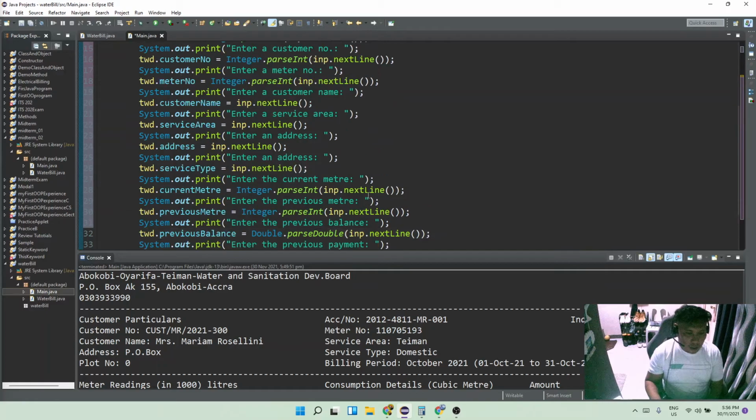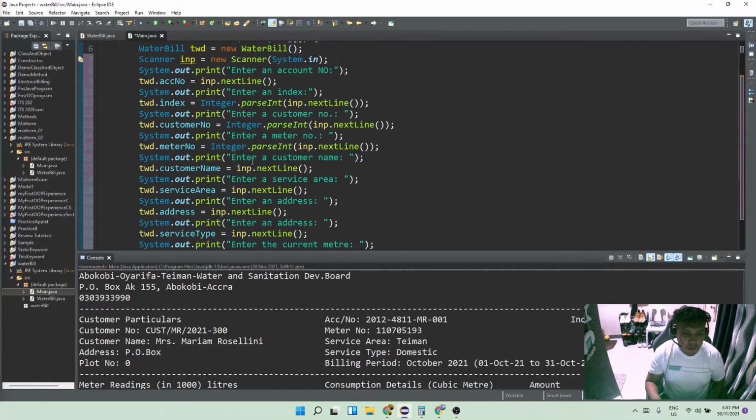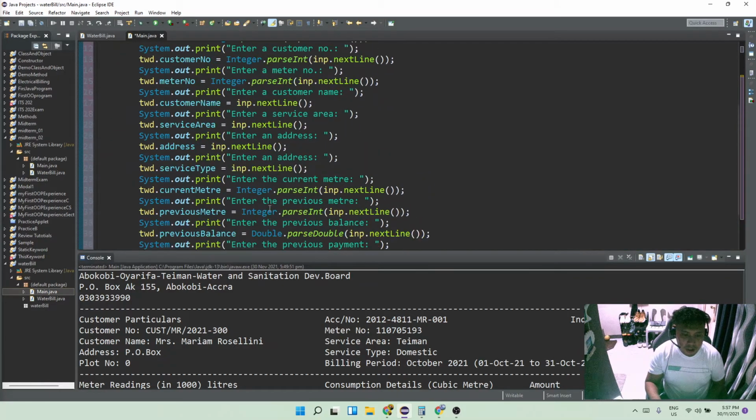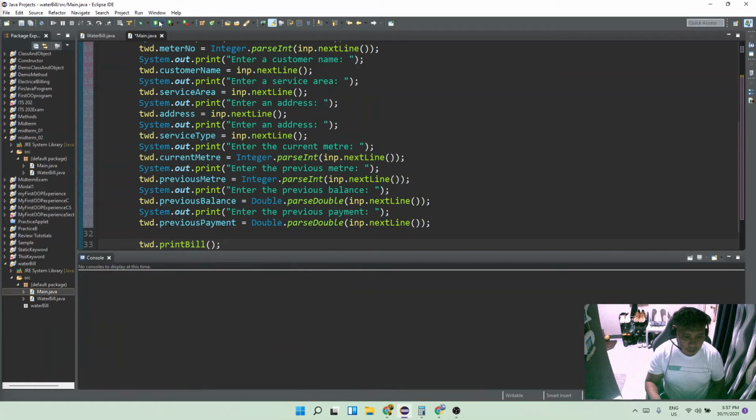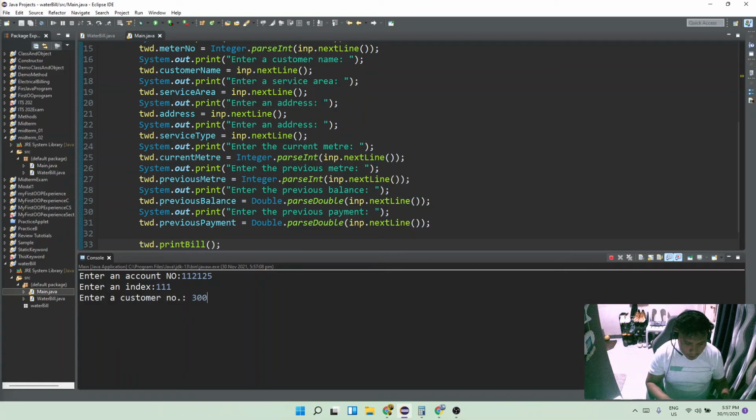So it's working properly. If you want another object here, you can add it. Here we can have those things, so we can just run and test it. Okay, enter an account number, for example, 123456. Index we have 111. Customer number we have 300. Meter number we have